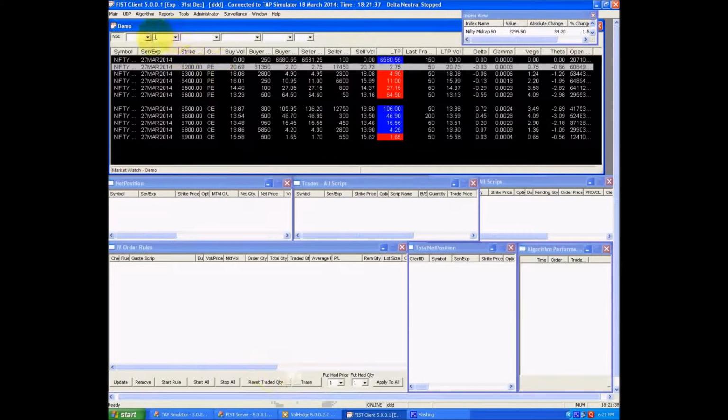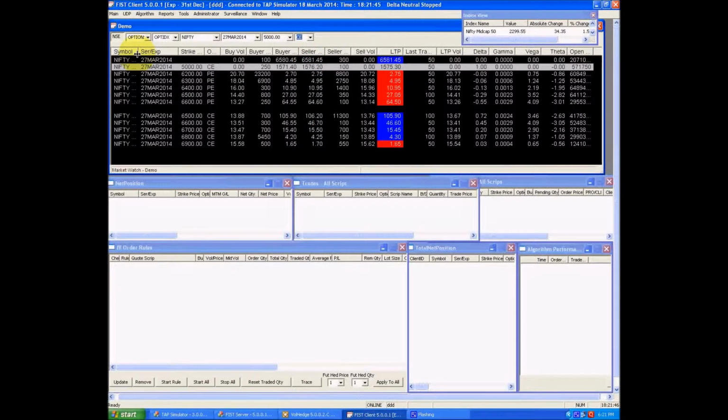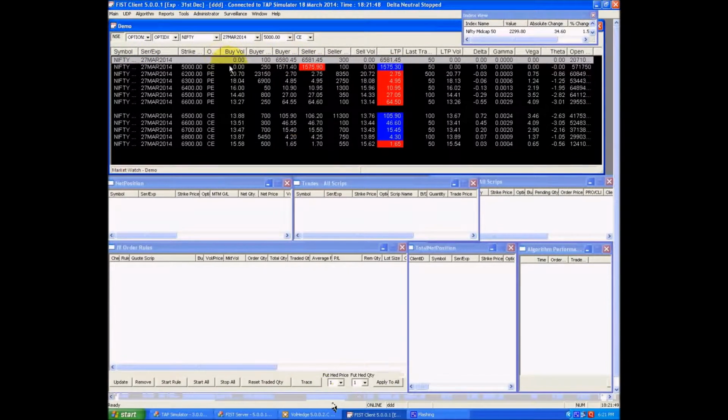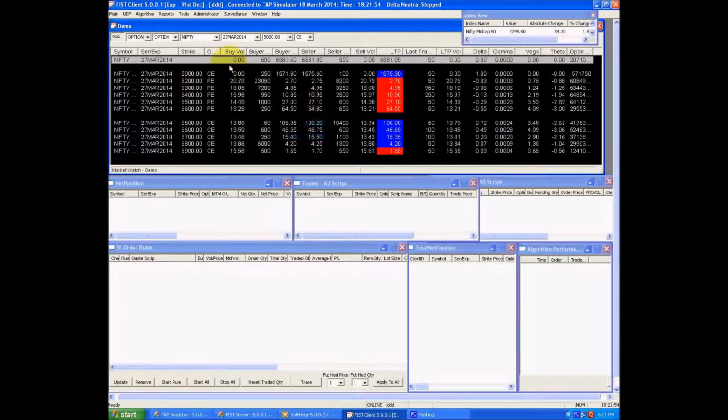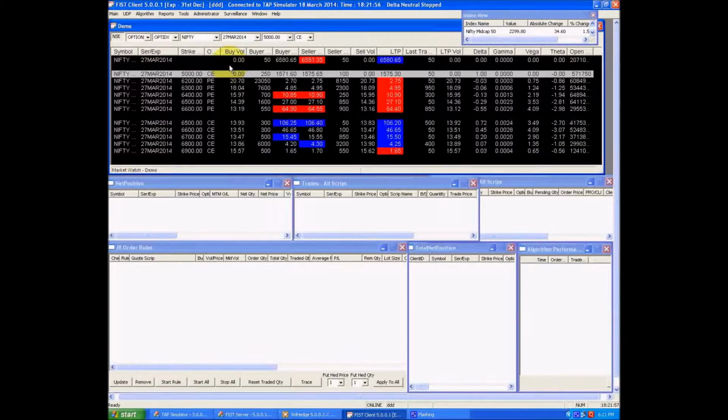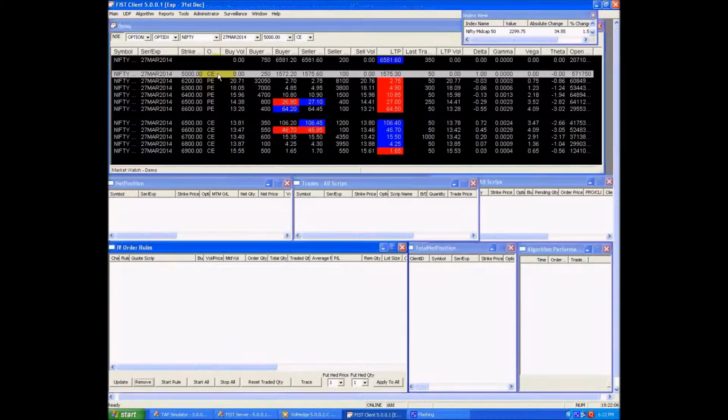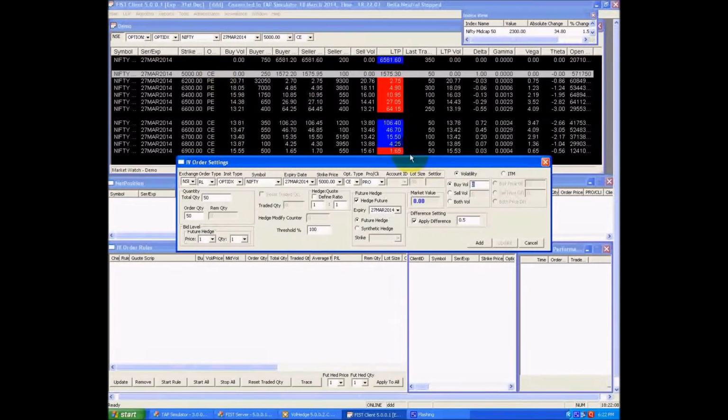Supposing I have to buy the 5000 strike as my desired ITM option. So the 5000 strike is a deep ITM option when compared with the current market price of Nifty futures. The shortcut keys for entering the rules for buy and sell orders in ITM options are Shift F1 and Shift F2. By selecting Shift F1, this IV order entry screen appears, in which I have to select ITM.